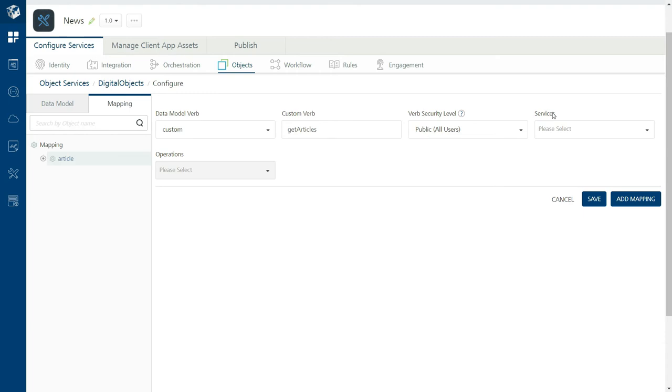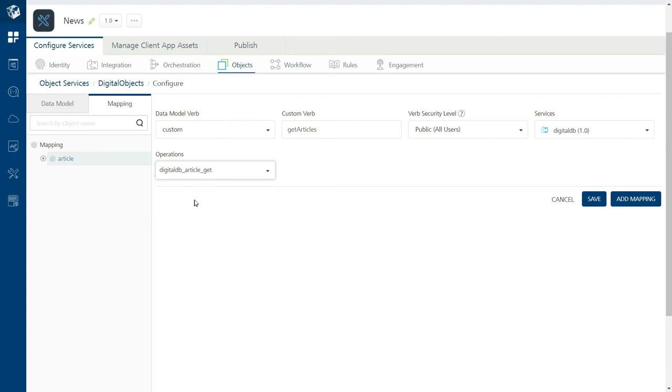Under services, which integration service operation it should internally go and invoke. Whenever this custom verb or operation get articles which we are defining on this article object is being invoked, the front end application would invoke this operation get articles, and internally it will go and invoke the integration service DigitalDB.